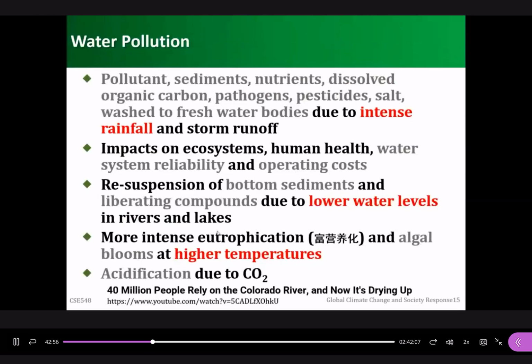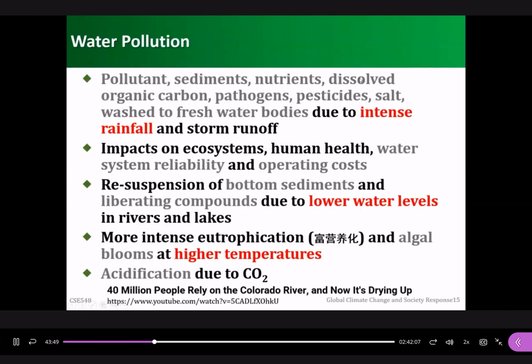Here's the last part about water resources. This is the water pollution. Actually, we heard a lot about water pollution. In general, in our daily life, water pollution is about the contamination caused by industry, such as the drainage to the river. So here, the water pollution is different from that water pollution. This is about how the temperature increase will cause some strong precipitation or drought areas. This is the resuspension of some items into the water. We can see here one by one.